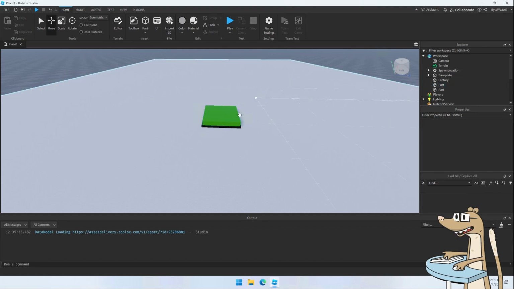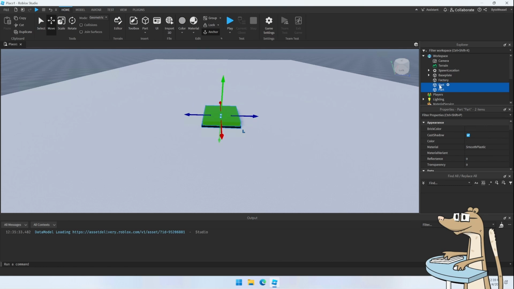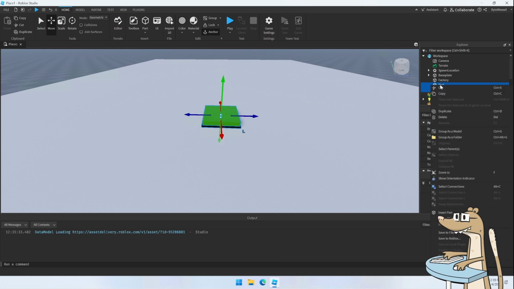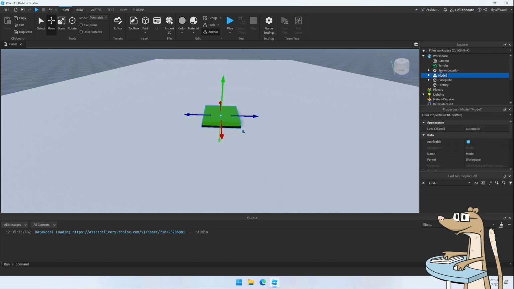So now we have this button here that's essentially made up of two pieces, but we don't want two separate pieces for our button. We want to think of a button as a single object that we can move around and duplicate. So the way to do that is to select both of these parts, right click, and choose Group as Model. And that model we can rename to Button. So that really gives us a single object that we can use,